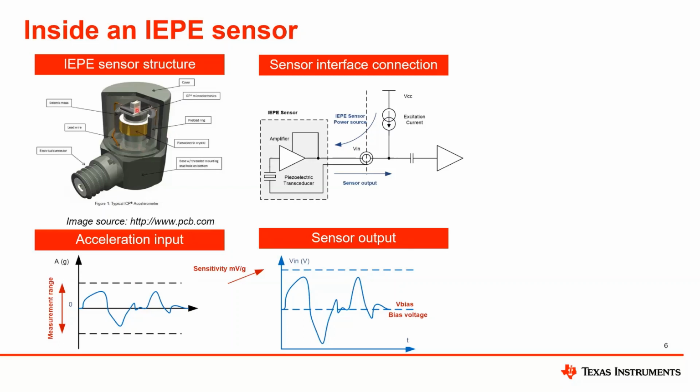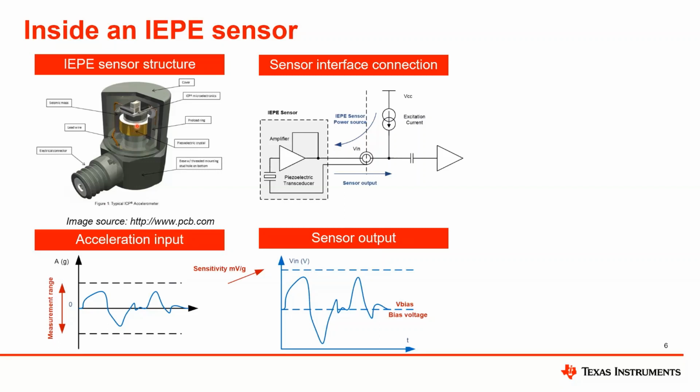A sturdy sealed metal casing encloses a suspended mass attached to the casing through a piezoelectric material. When the casing accelerates, the tension forces on the piezoelectric material changes its capacitance. This capacitive change is amplified with an integrated electronics, which is in the actual sensor, and hence comes the integrated electronics. That means capacitive transducer on top of integrated electronics.